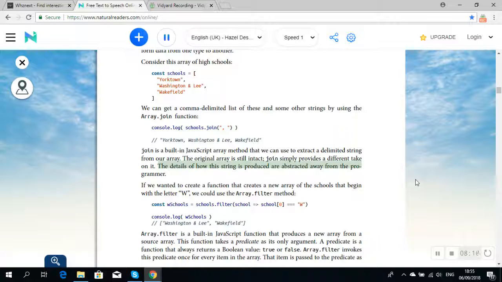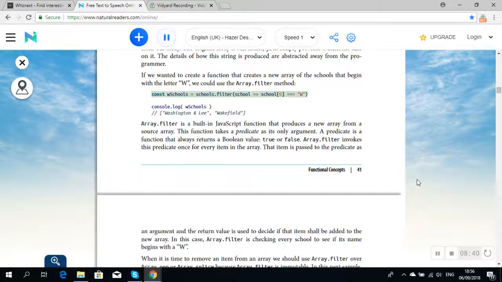The details of how this string is produced are abstracted away from the programmer. If we wanted to create a function that creates a new array of the schools that begin with the letter W, we could use the Array.filter method. const wSchools = schools.filter(school => school[0] === "W");